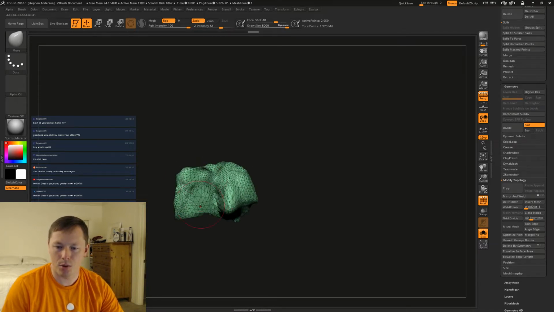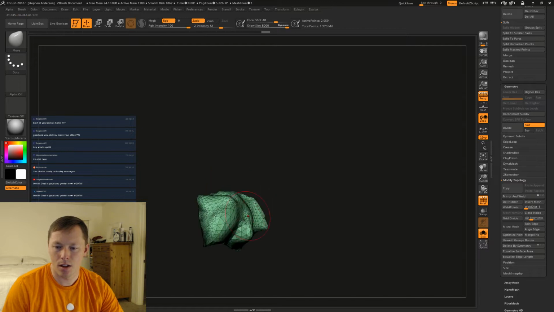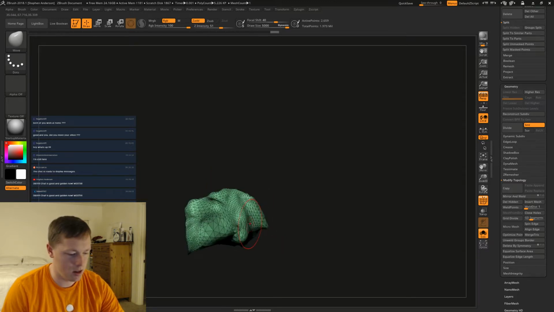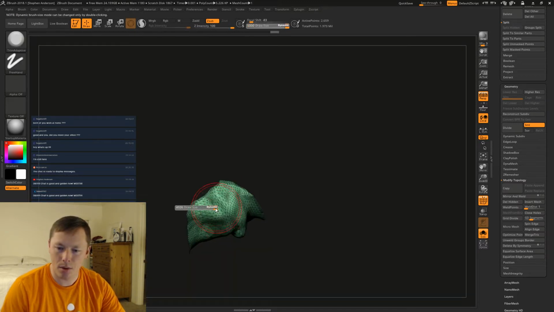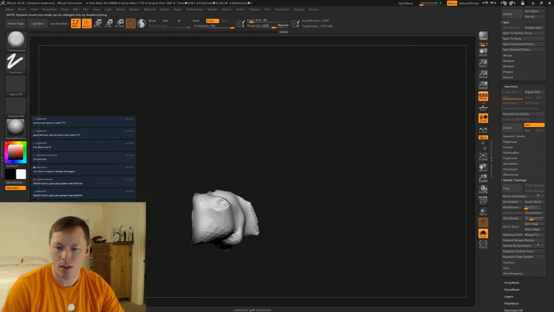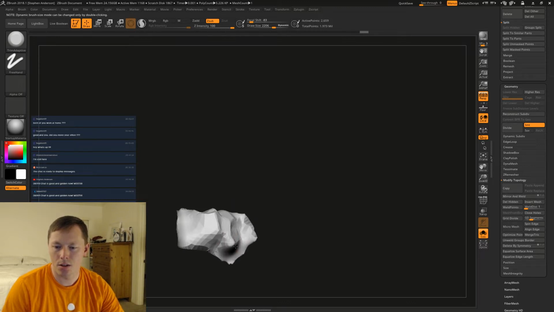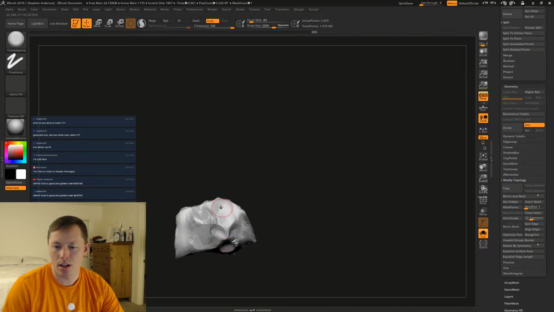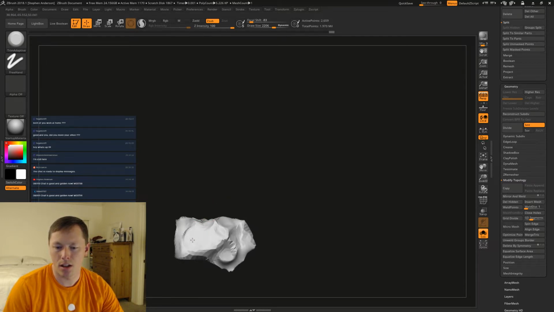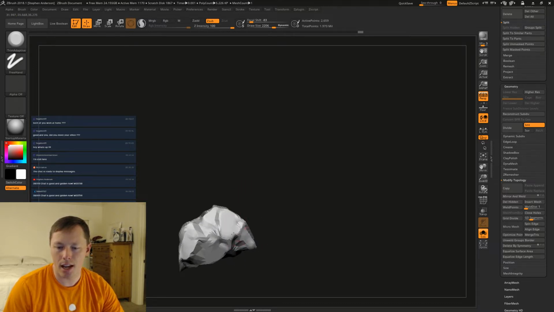Okay, let's pull this in. Let's come in here. I'm just going to play with it some, using trim adaptive to play with the shape on the inside.